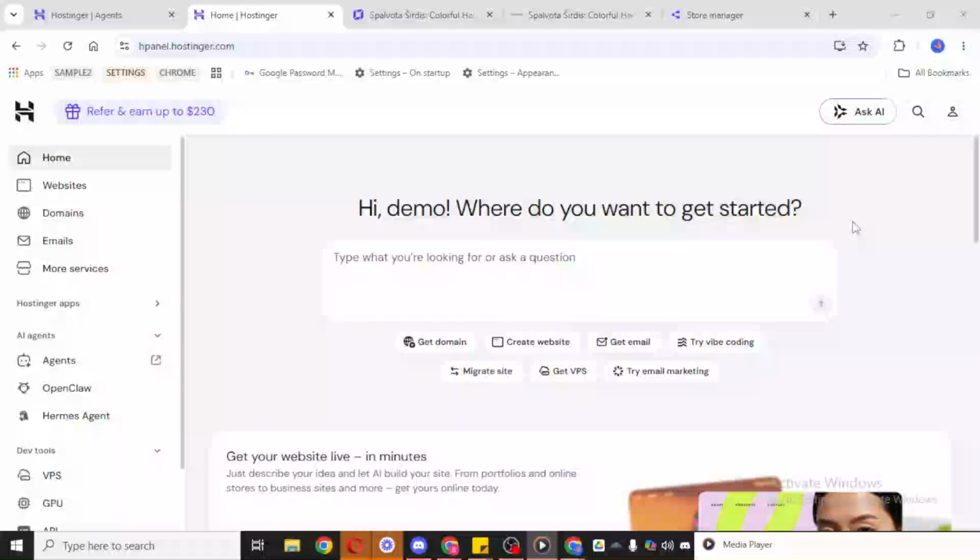In today's video, I'm going to teach you how to add code to a Hostinger website in this Hostinger tutorial. If you want to place custom code on your site, whether it's a widget, an embed, or another code snippet, Hostinger makes the process very straightforward inside the website editor. I'm going to walk you through exactly where to click and what to do so you can add your code in the correct section of your page.